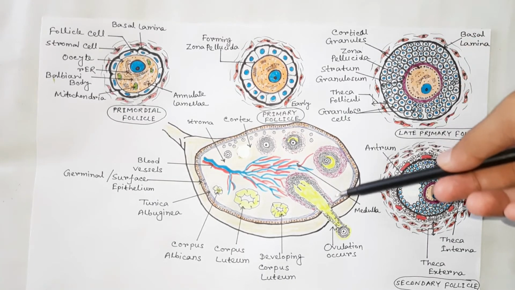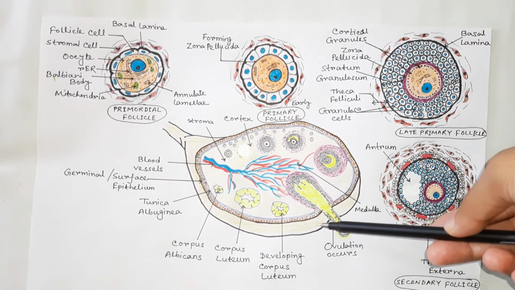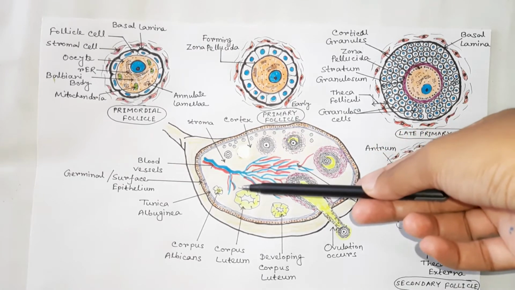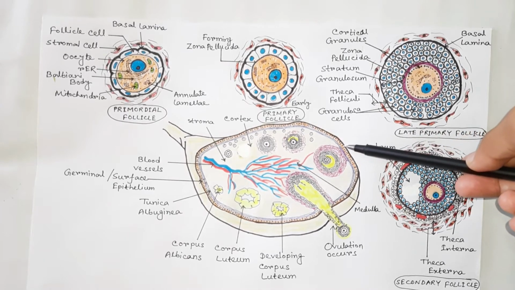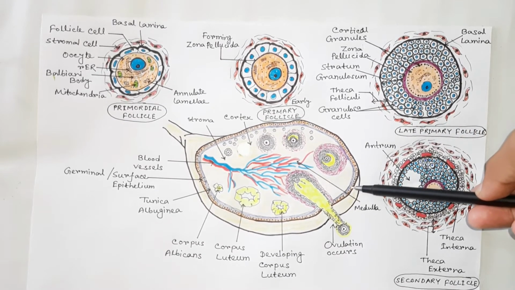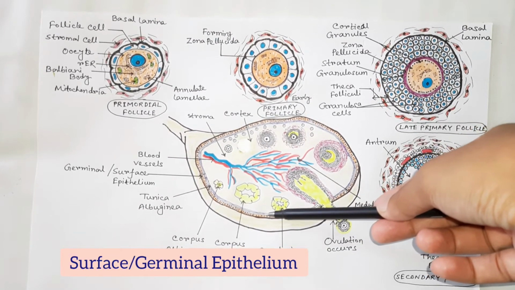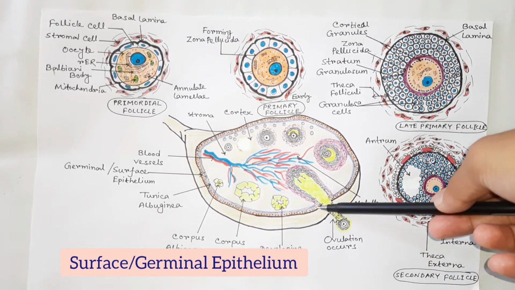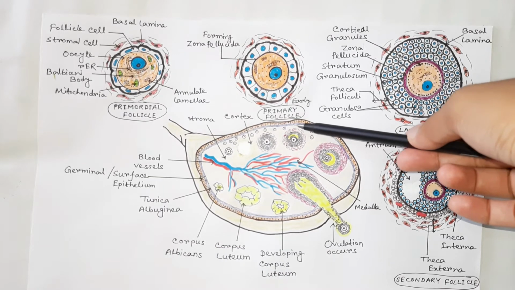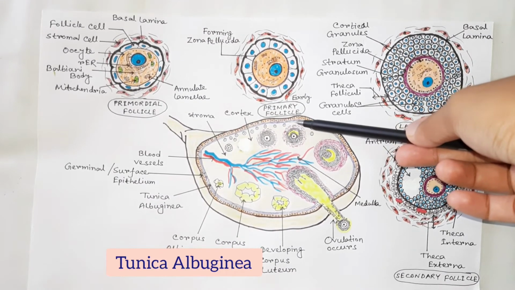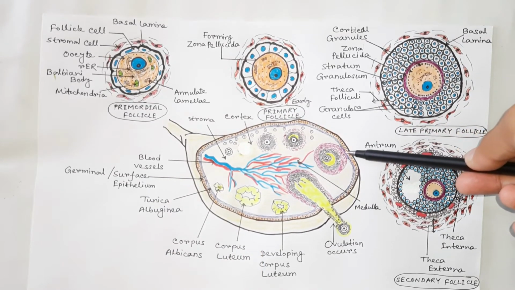In this diagram, I have tried to show the anatomical and histological structure of the ovary in a female human. The surface of the ovary is covered by a single layer of cuboidal epithelium. This cellular layer is known as the surface epithelium; previously it was known as germinal epithelium. A layer of dense connective tissue fibers, known as tunica albuginea, is located immediately inside the surface epithelium.